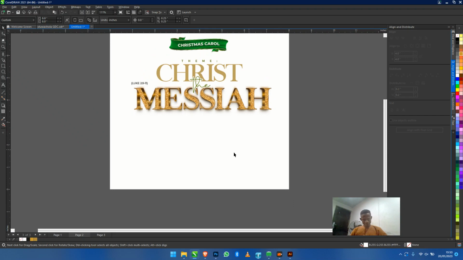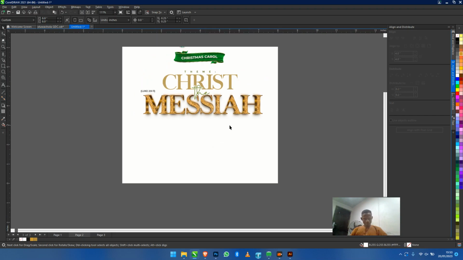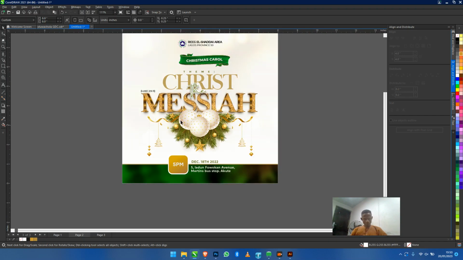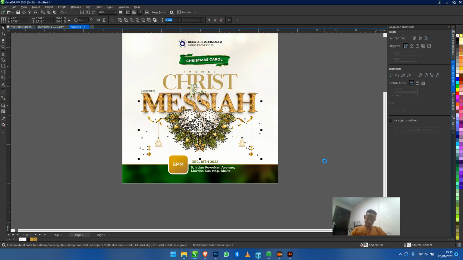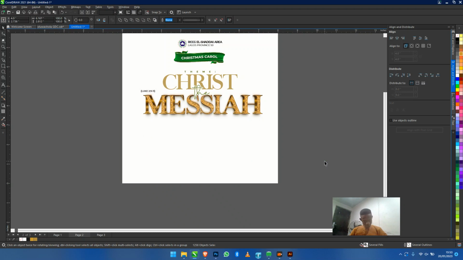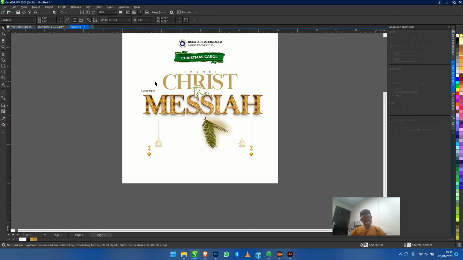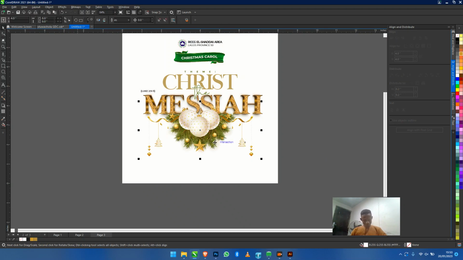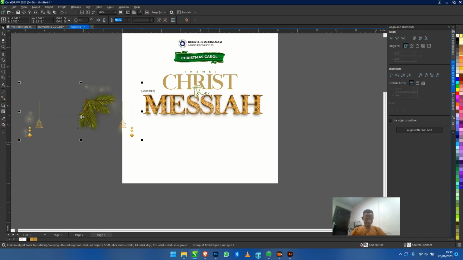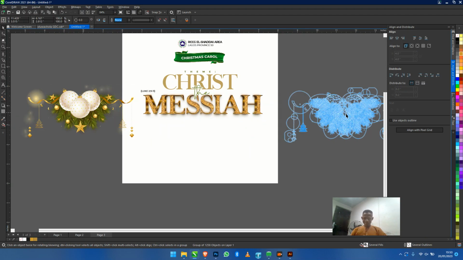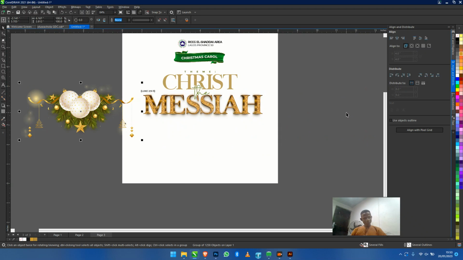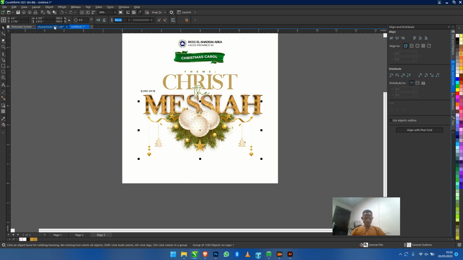Okay, then I'm going to just be copying this effect, then pasting it there. So you can see copying is just like an effect. It's not really an effect, like flowers put together. Then put it there. Then the next one is,